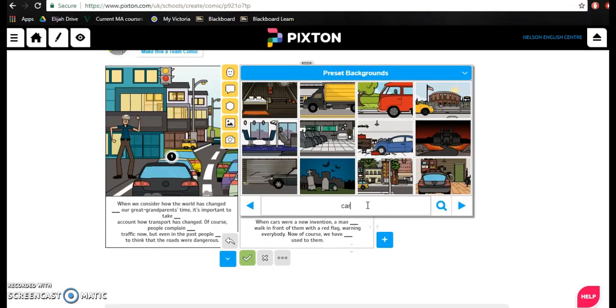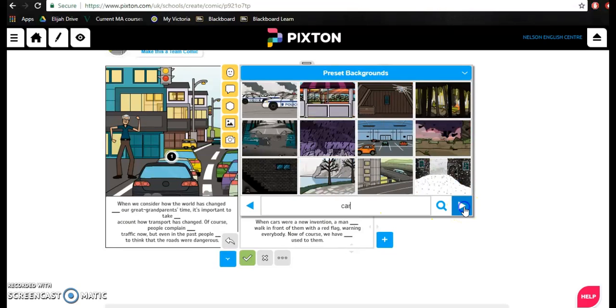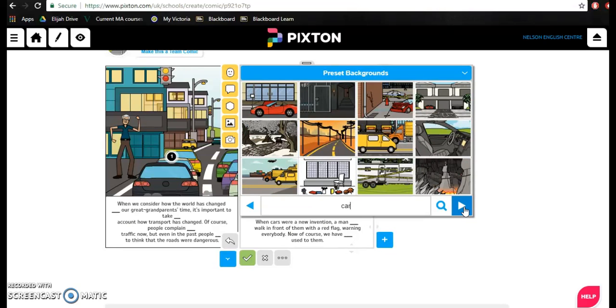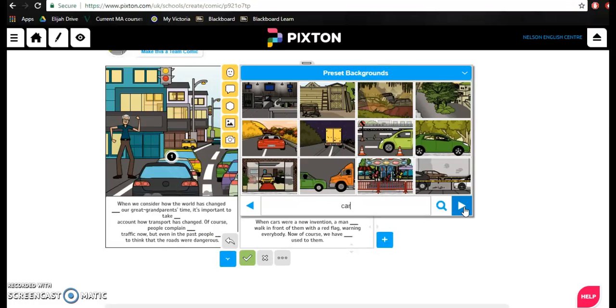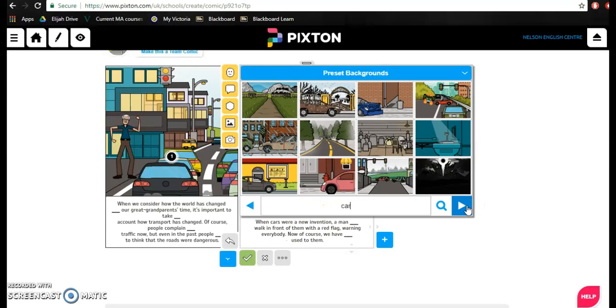You can play around and see what looks best, but I found that you don't need to be too accurate. It is a cartoon after all, and there's a phenomenon in cartoons called closure, which means that we observe the parts, but we perceive the whole. Hence, in this panel, I don't really need to find an old-looking car in an old situation, which perfectly matches what it says in the text down here. I know it mentions that, but I'm just going to choose one I think will work